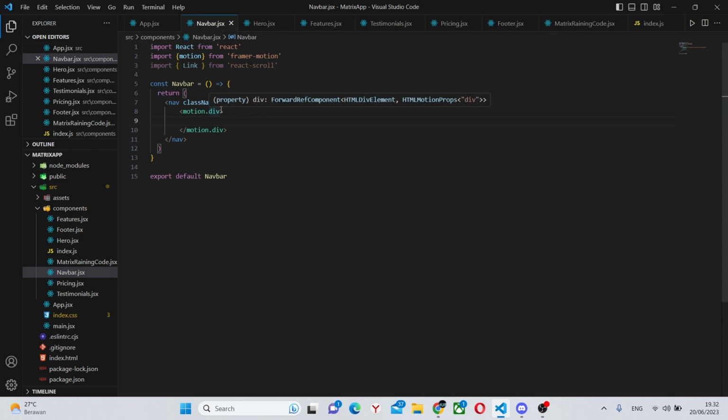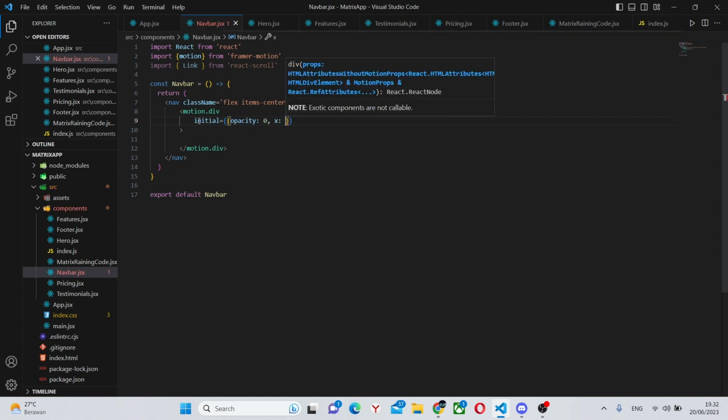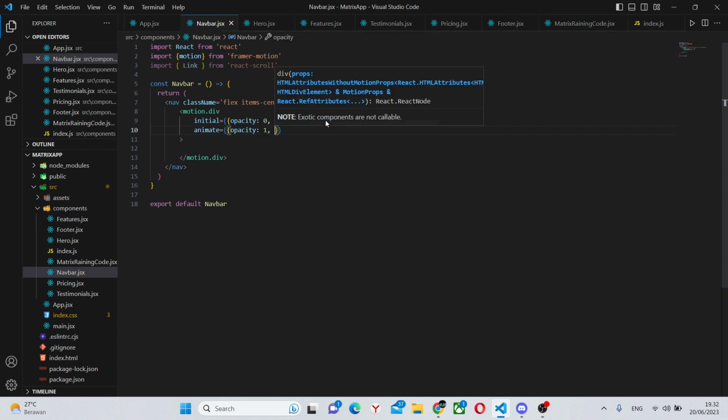This will store our title. We will have an initial state, so initial. It is going to be opacity of 0, so invisible, and x of -100. Next, we will have an animate of opacity of 1, so we'll actually have it appear, and an x of 0.